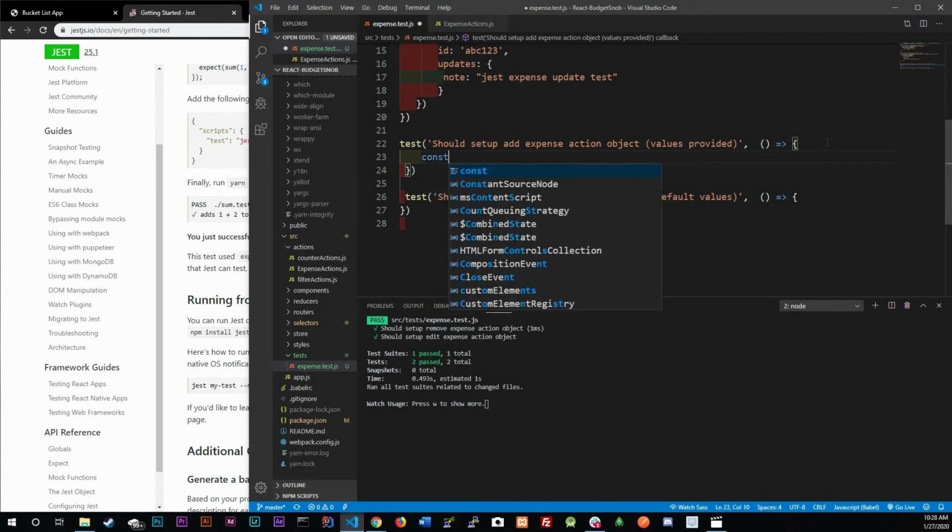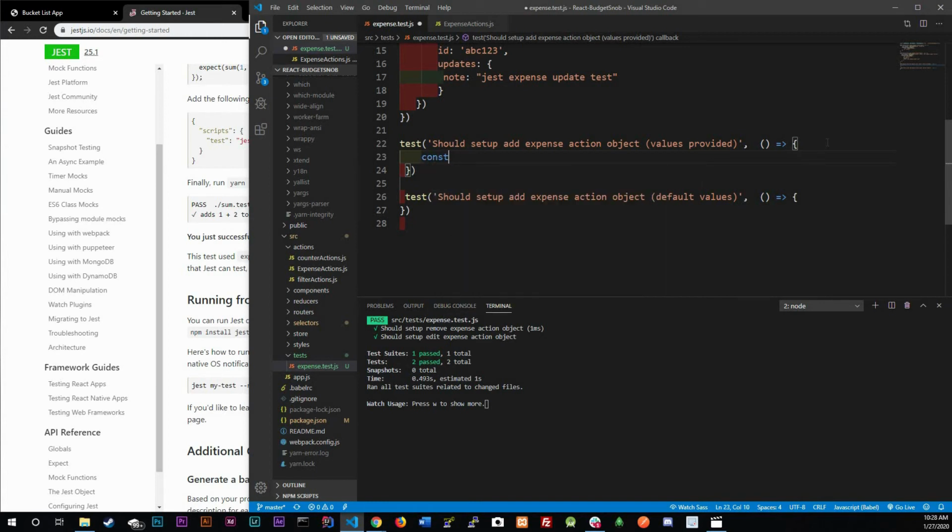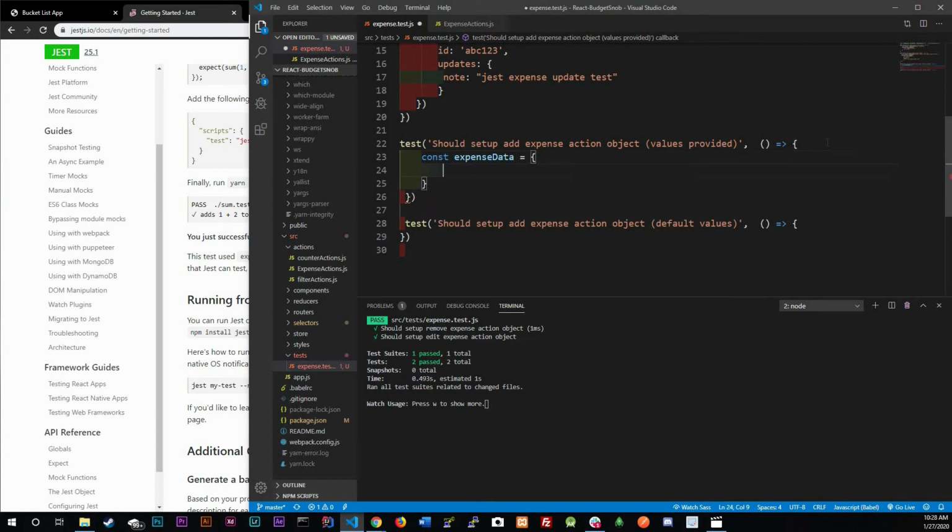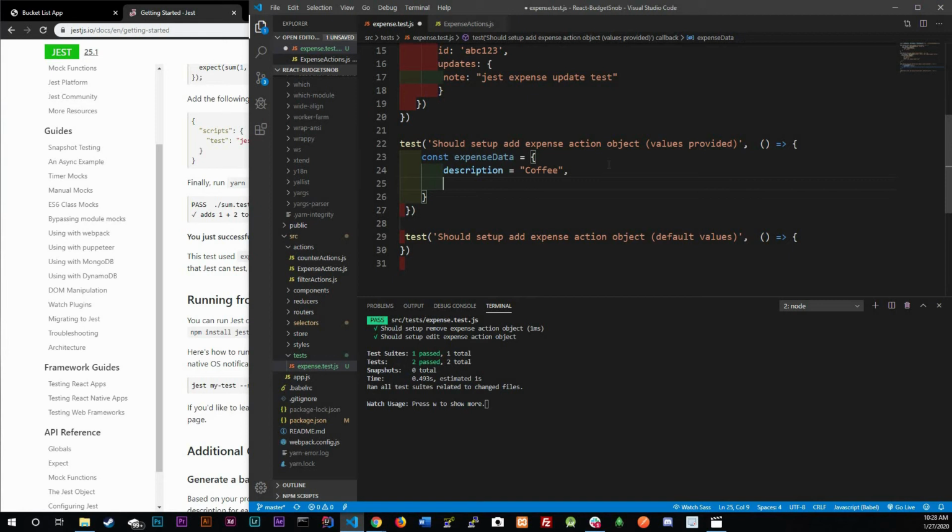We need to create a const with our expense data, and this is going to be an object of the data that we want to pass in. Remember, this is a test where we're going to be passing in values, and what we need to do is add a description equal to something. I'm going to say coffee because I love coffee. We need an amount. This is an object. I don't know why I keep on doing the equals. An amount, and I'm going to do 100, and then createdAt,